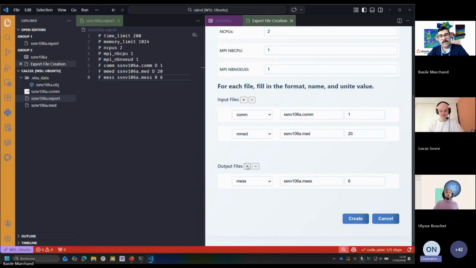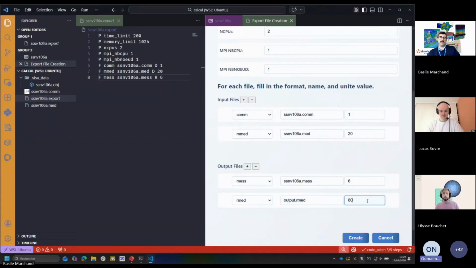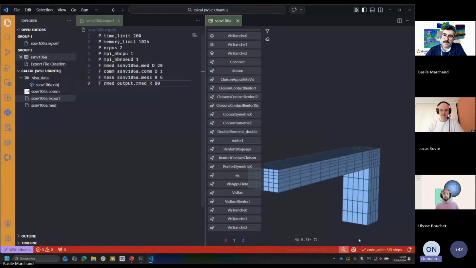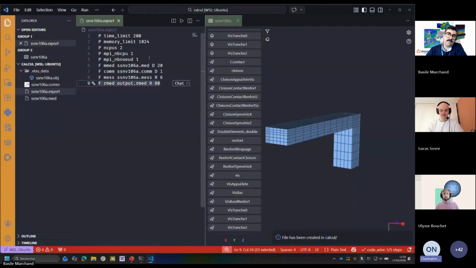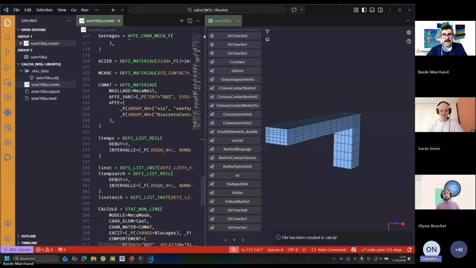So for example, if I want to add an output file to save the MED result, I can add an output file where I select RMED, I put a name, I put RMED, and you see there is automatically the unit associated. After I click on create, and the export file is updated. And if I go back to my COM file,